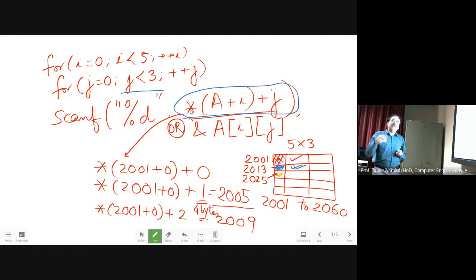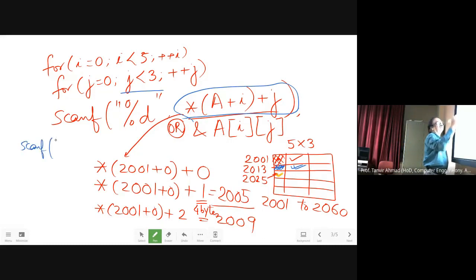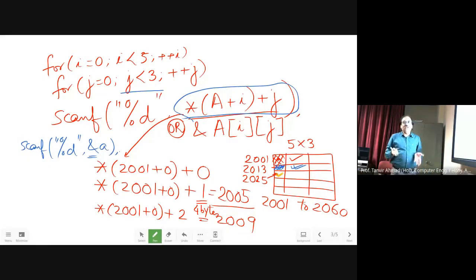If I would have a double star, I will get a value. But you know that in a scanf, you use an ampersand because you want the address. When you are using a scanf in a normal case, you use it like this. Why do you use this? Because you want the address. Since this is already an address, therefore I don't require to put an ampersand sign.